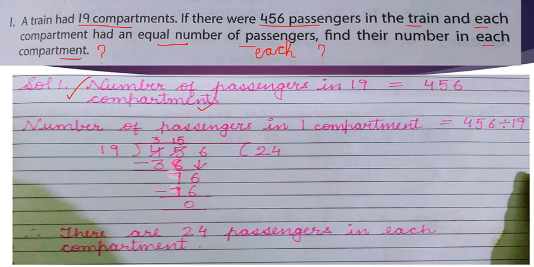Compartments, you can simply say sections. Okay, you can relate this word with sections, and we have to find out the number of passengers in one compartment, right? So we need to find the passengers of one compartment, so we will divide. Okay, big number divided by small number. So yesterday, students, we did the division when we have a divisor of 2 digits. I have guided you nicely. Okay, let me do 2-3 questions also with me.